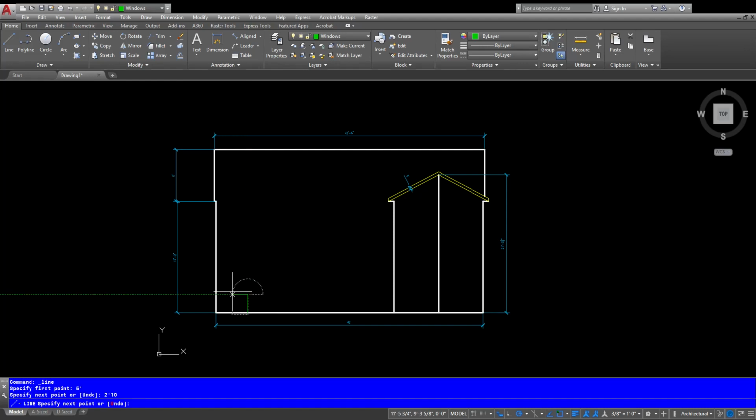Now, since it's a 3 foot wide window, I'm going to go over 1.5 feet or 18 inches, over 18, and then up, and then that distance is 4 foot 2, and then over 3 feet, and then 4 foot 2, and then at that point I'm just going to go and bring it right